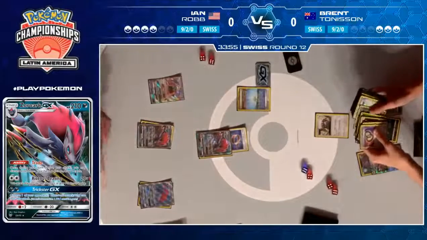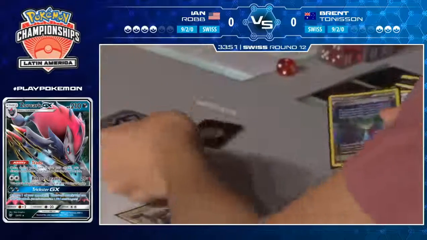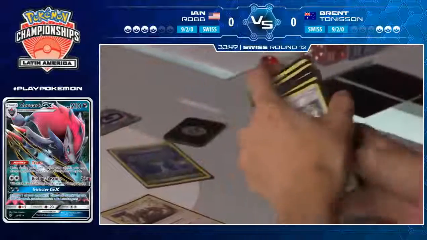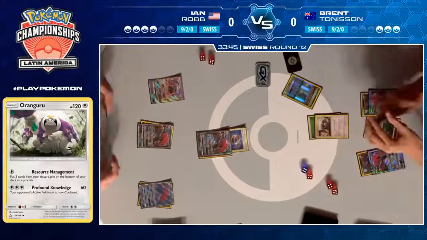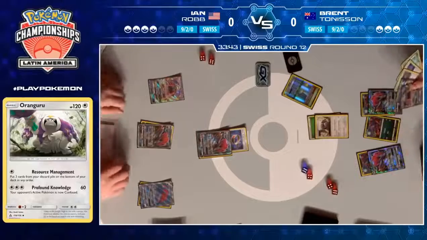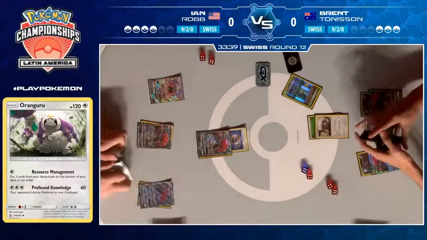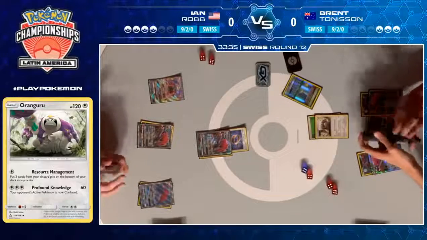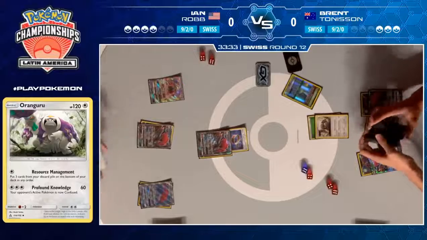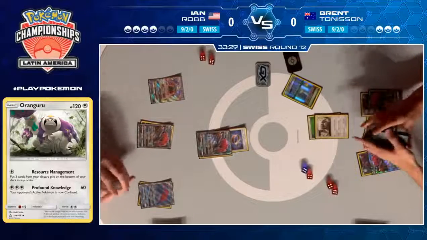Enhanced Hammer coming down from Brent, kind of trying to equalize the field a little bit, but okay, there's the great combo of Field Blower, his own Parallel City, and then we're going to see a Resource Management here. Resource Management allows you to put three cards from your discard pile on the bottom of your deck in any order. So that will be very interesting to see what cards he decides to put back in his deck that